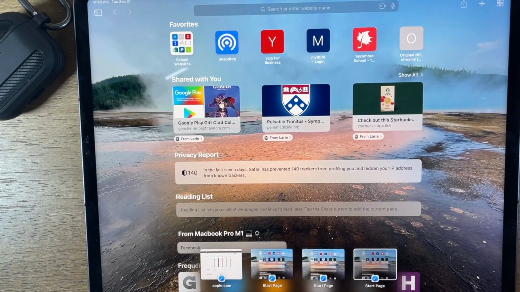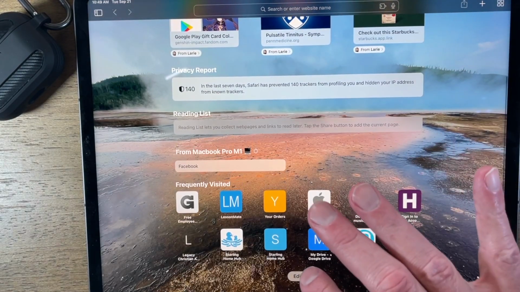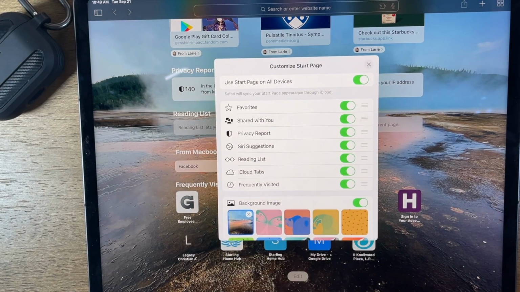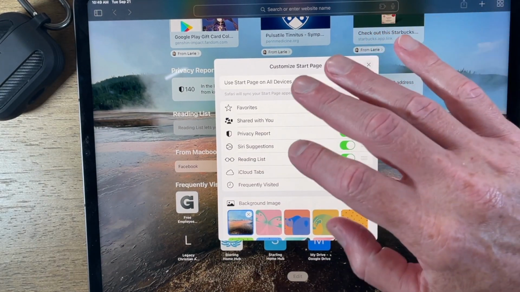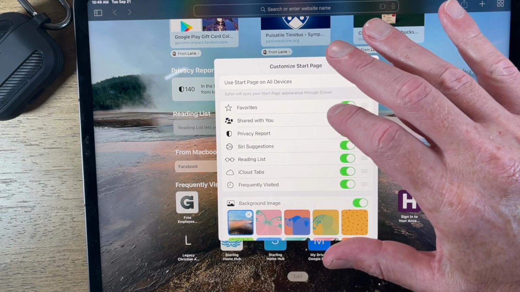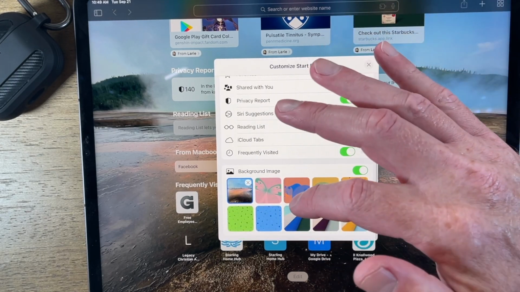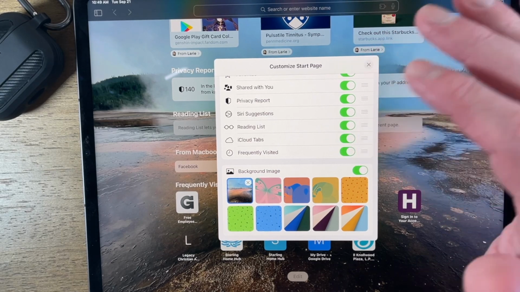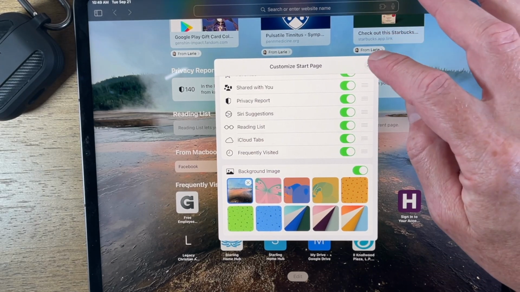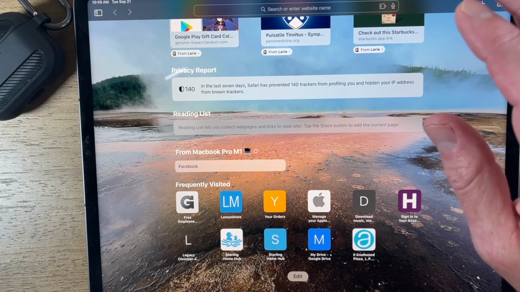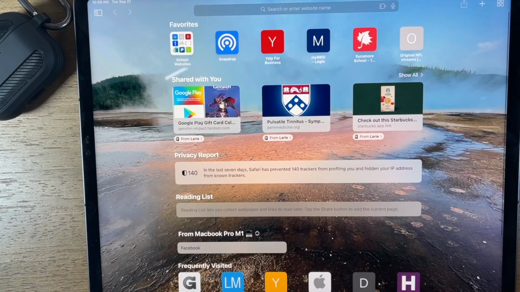So when you open it, the first thing you'll notice is this beautiful full screen view that you now have, and you can customize it by going down and hitting the edit button. This will allow you to add whatever options you would like, such as favorites, shared with you, privacy report. You can select a background image. I've picked one that I got when I was at Yellowstone, and this makes a much more desktop-like